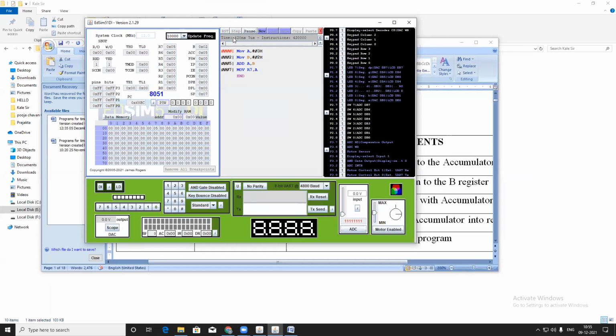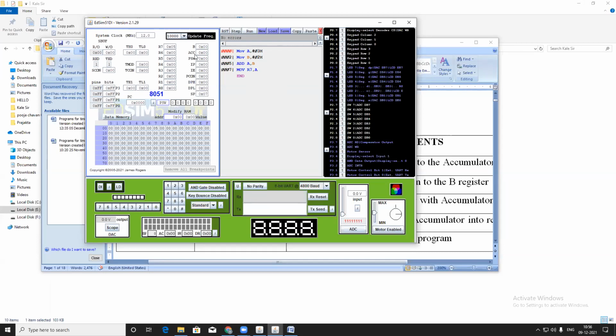So step by step execution can also be done. Reset, then your program will be stopped. Then you have to assemble the program. After that, assemble and do step by step execution. See, just like Keil software, but you have to see all the parameters on the left side. In Keil software, this is also the same for the left side, but there you go to debug. Here you have to directly connect to this one. So see step by step execution.